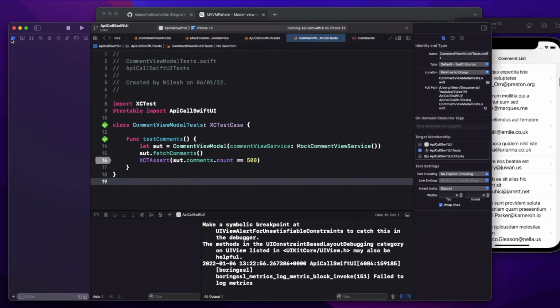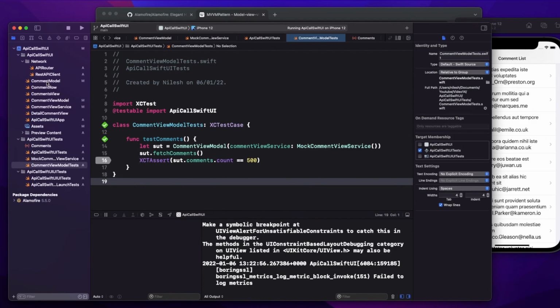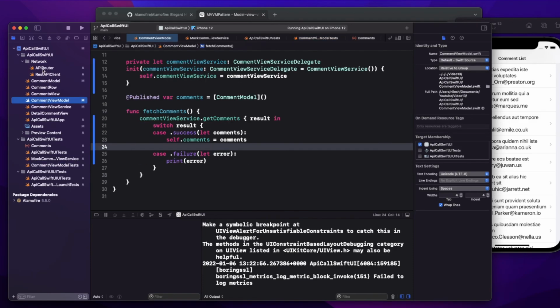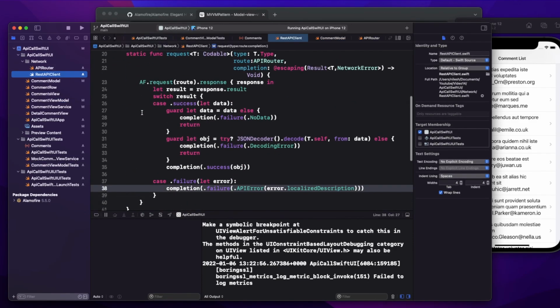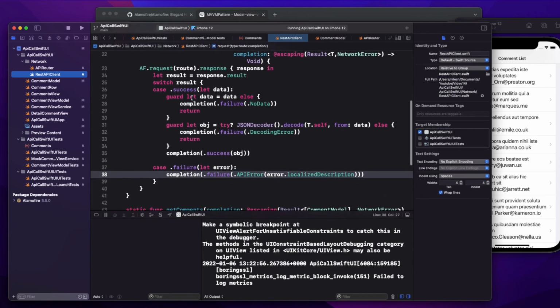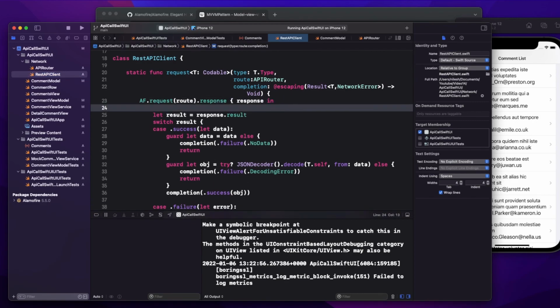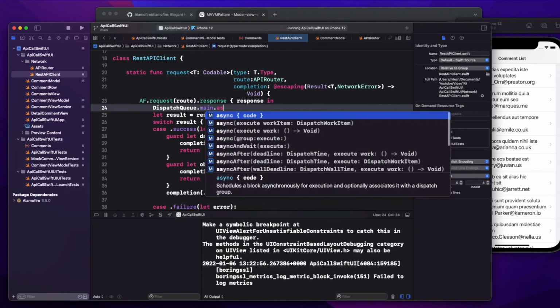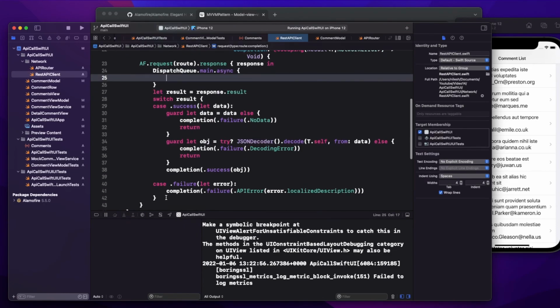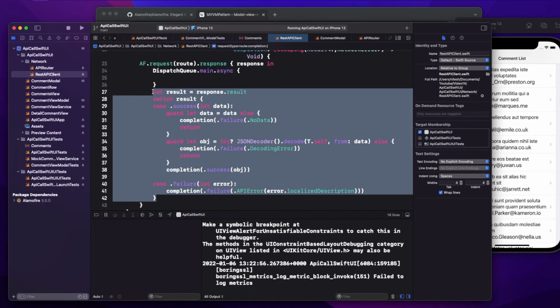But now whether that was correct or not. If you see here in my REST API client, once I'm getting the response, one thing I can do is take the main thread here only, dispatch queue.main.async. That means after my response, I'll do everything on the main thread.